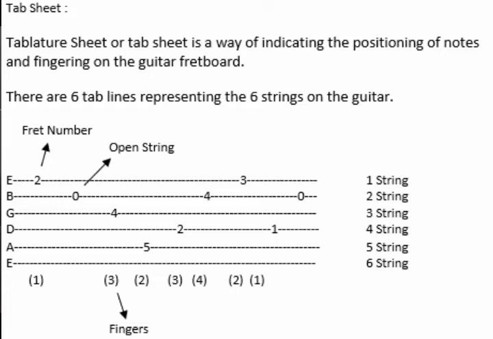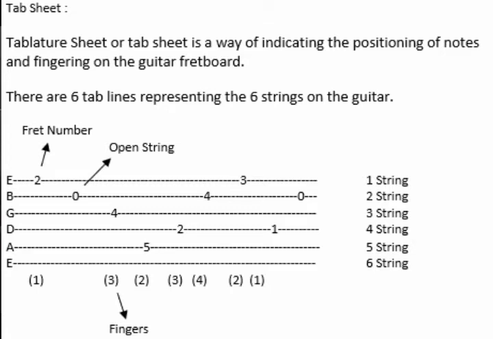Now the first number that you can see is 2, the leftmost number, which is the fret number on the E string, and exactly below that you can see that in the bracket there's the number 1 written, which means you play the second fret on the first string with your first finger. So you play the first string, second fret, first finger. Play down and up or up. So when one note is given one time, you play it only one time. The next note that you can see is 0, which is the open string. So you play the second string, which is the B string, open without using any finger.